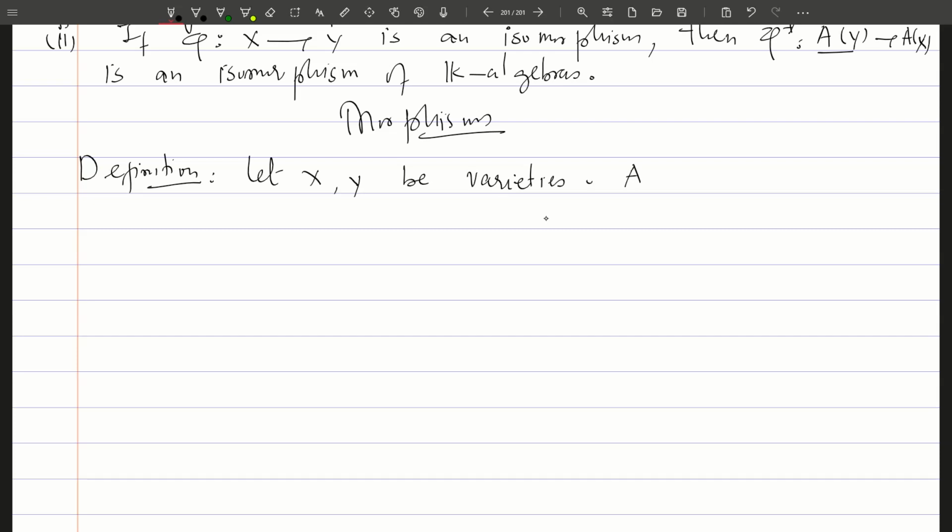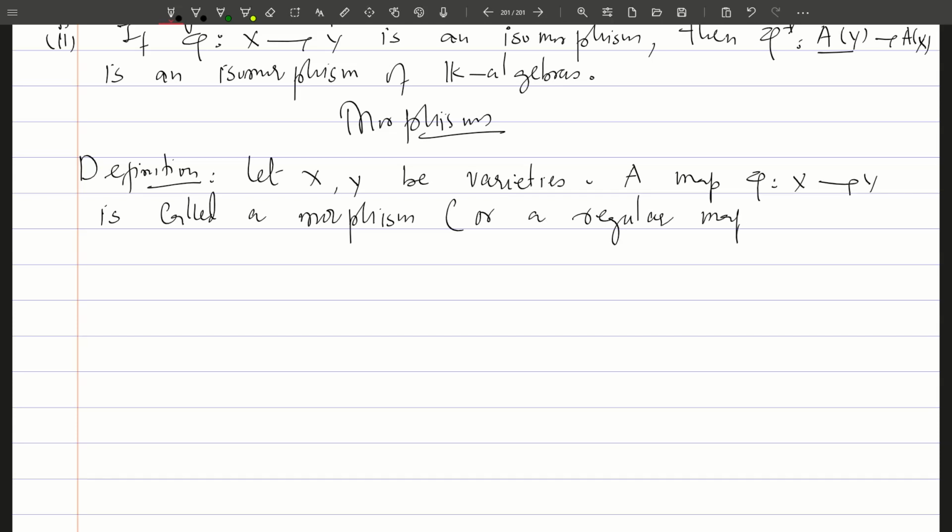So we call a map phi from x to y a morphism, or sometimes we call this a regular map, if the first item is that phi is continuous, and the second item is that for all open subsets